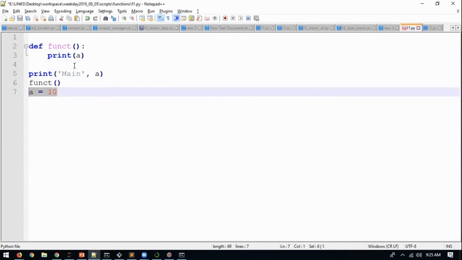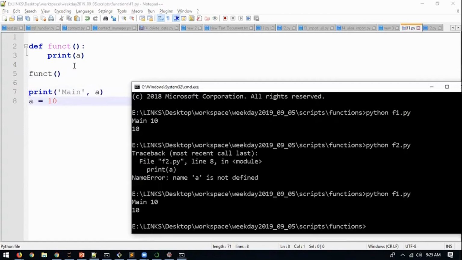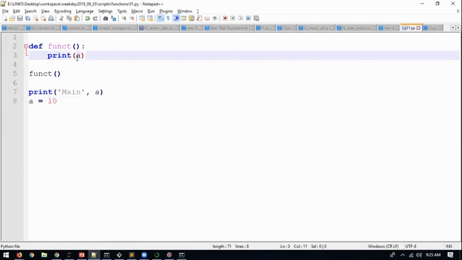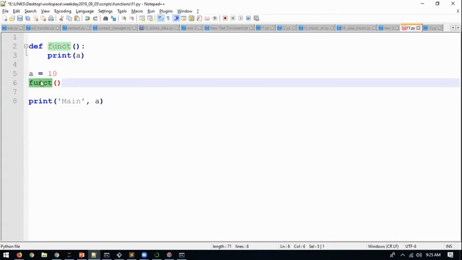But if I move this thing below this part, before the function, I call the function before creating a. Now see, it says name error. Why? Because when you say print a, Python will look if there is anything by the name a present at that point where the function is getting executed. So if it is not there, it will give you error, name error. It doesn't exist. In the previous case, I define a here. When does the function get called? In line number 6. So after I have created a, can Python find out what is a? Yes. So it won't give you a name error.